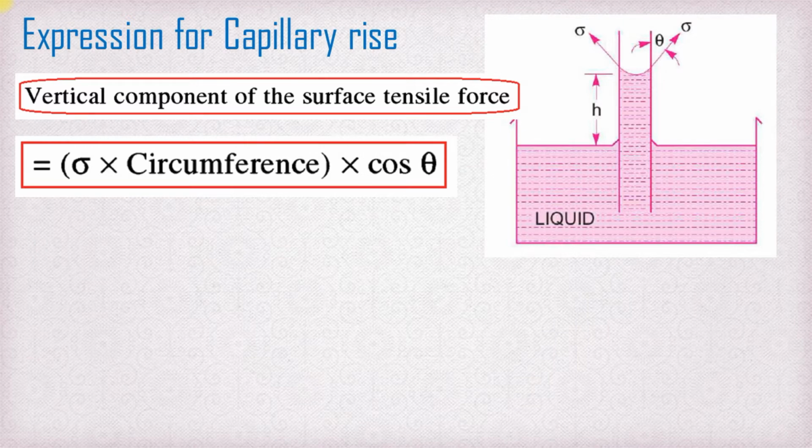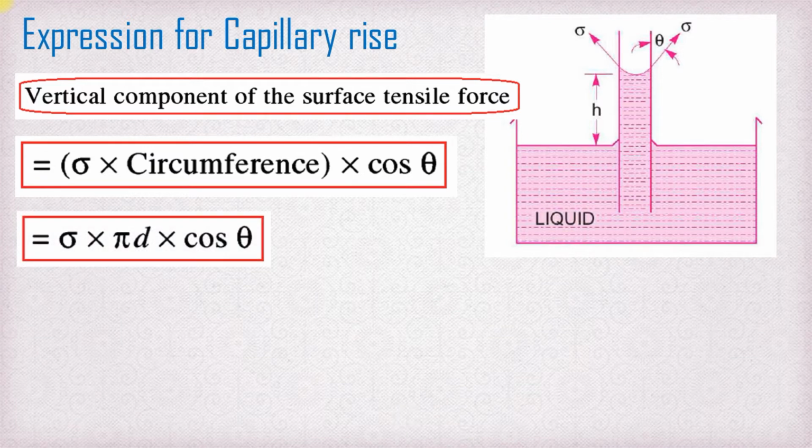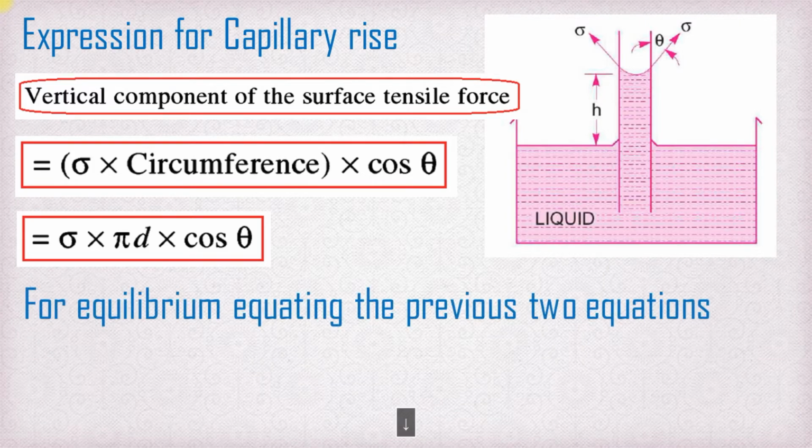So the vertical component of the surface tensile force is equal to sigma into circumference into cos theta, which equals sigma into pi d cos theta. Okay, the circumference is pi d, and we take cos theta. For equilibrium,